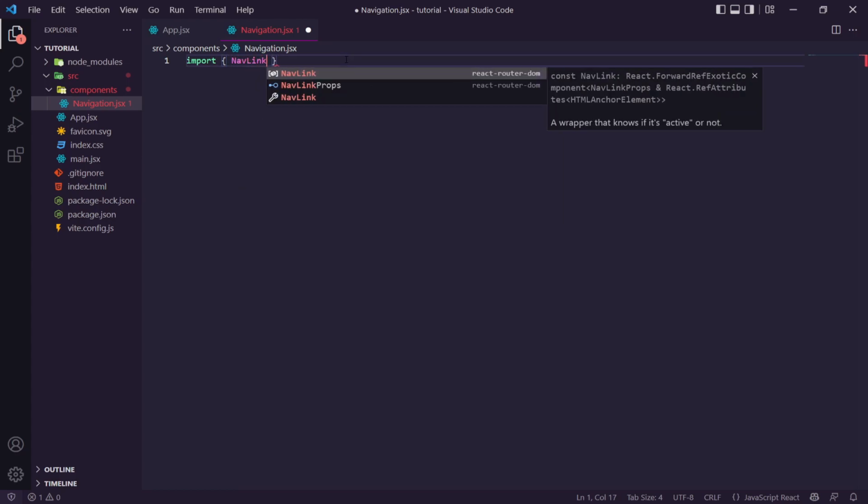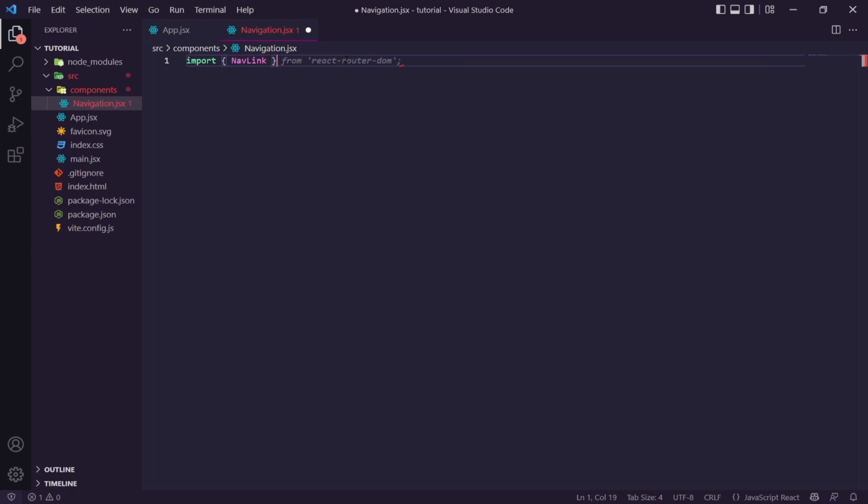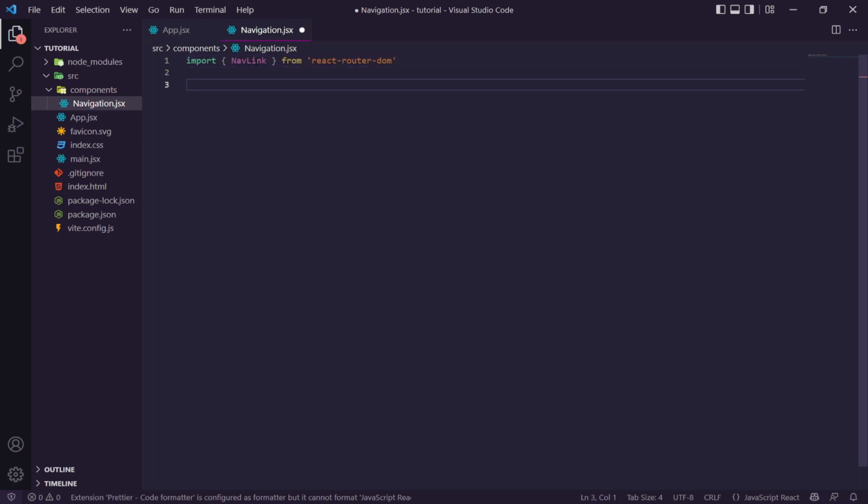Now NavLink will allow us to basically have, well, from what I know, it allows us to have our classes, an active class. So when you're making a navigation, like an actual nav bar, you want to use NavLink. When you're using just a random link, like one which is just on the page, you just call it a Link. And that's what I kind of get from the NavLink and the normal Link. So there we go, we've got a NavLink, and we just want to say export default,